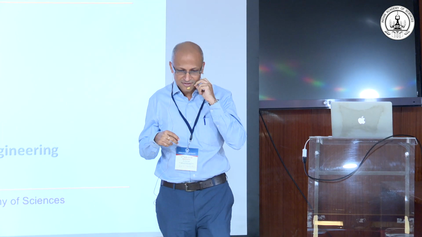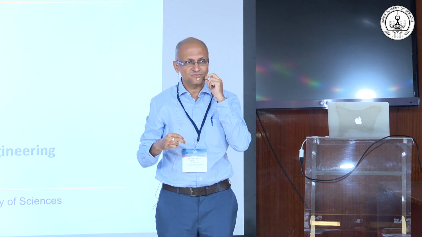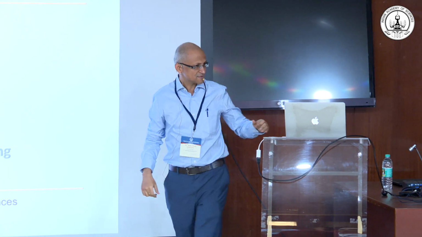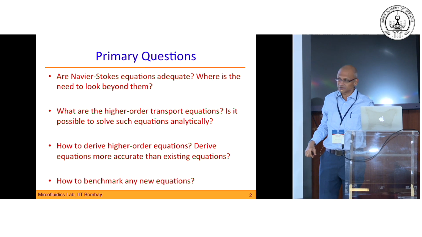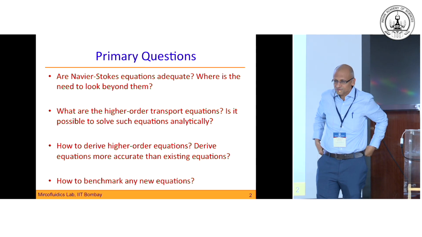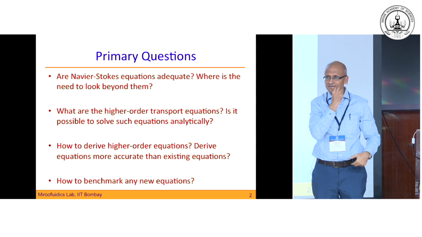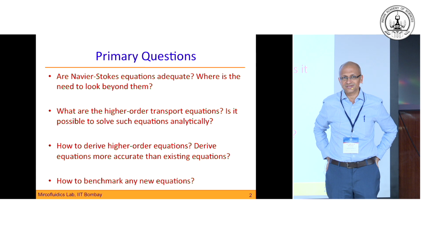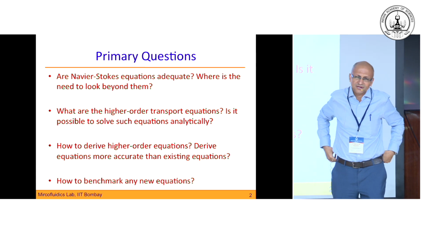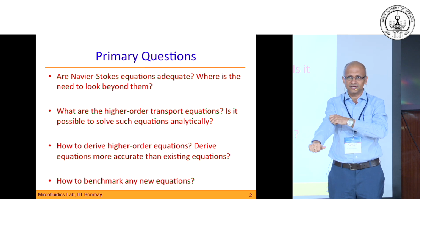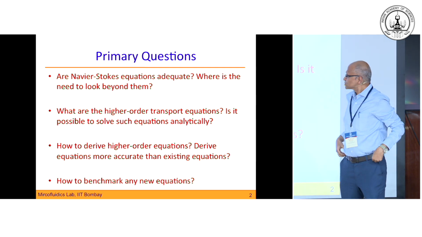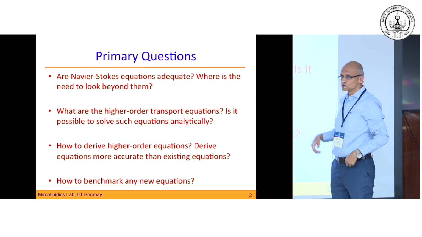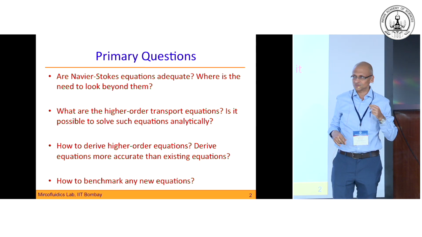And at the end we would like to convince you that there is a need to look beyond the conventional equations, which I'm sure everybody knows about, the Navier-Stokes equations, one of the most celebrated equations, something which appears in the top 25 equations of a lot of Nobel laureates as something which has revolutionized the way we look at physics and so many other problems. So here I'm trying to say that the Navier-Stokes equations itself are not adequate, and we need to look beyond them. So I will present some evidence for that.